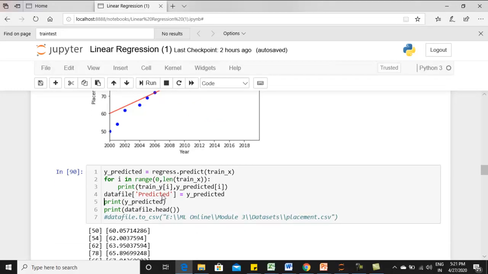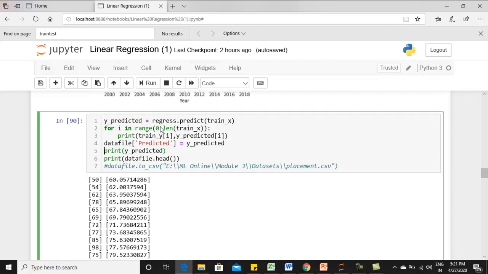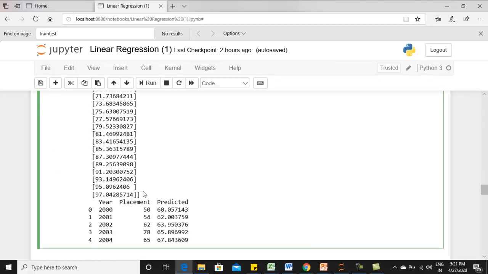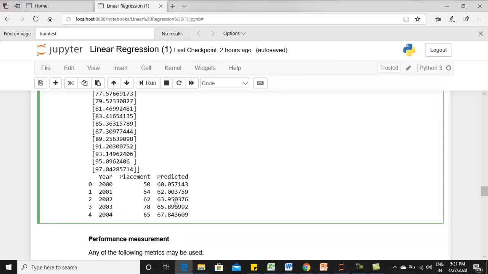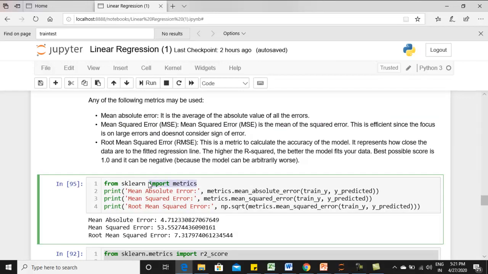Continuing with the same data set which I have given you earlier. Till now, we have predicted the value and identified this. Now coming to metrics. There is a sub package called metrics under sklearn that can give you all three metrics evaluated with a single command. All three we are going to print: mean absolute error, mean squared error, root mean squared error.